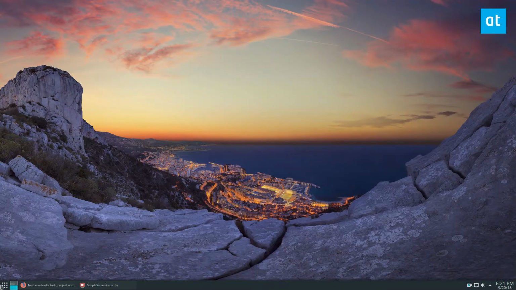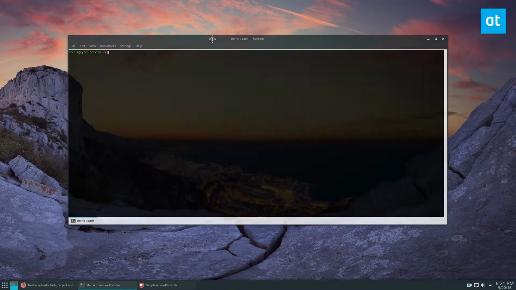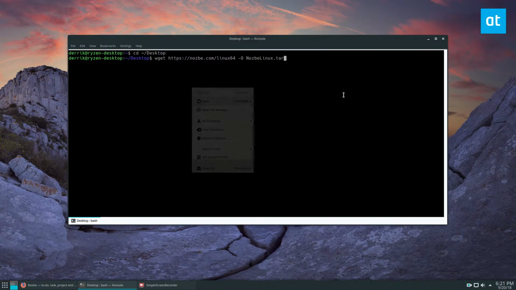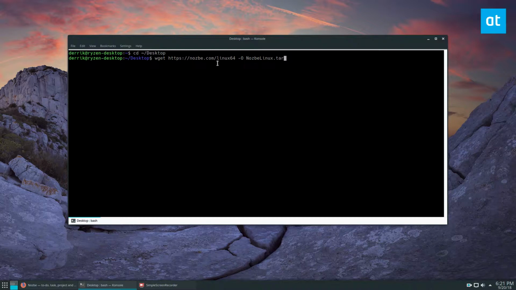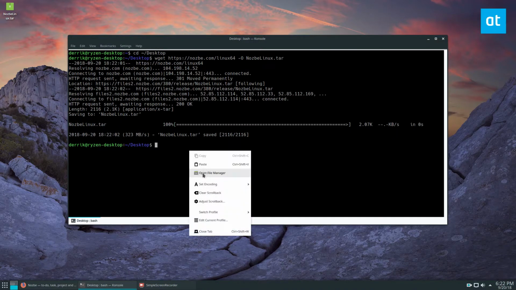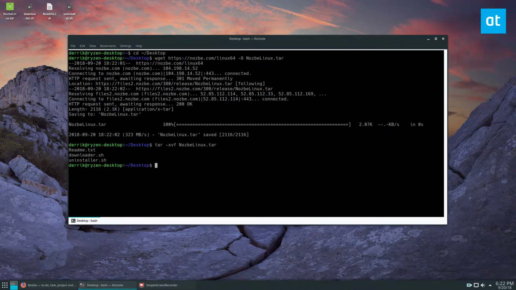So to get started, open up a terminal, and you're going to want to, one second, I'll have to zoom in for you guys. You're going to want to use the wget tool to download everything. So we're going to need to use wget, and we also need to add on this label here because it's going to redirect through this and it needs to be able to save it as a tar package. So once that's downloaded, we can extract it with the tar command, and this will reveal a readme, an uninstall,